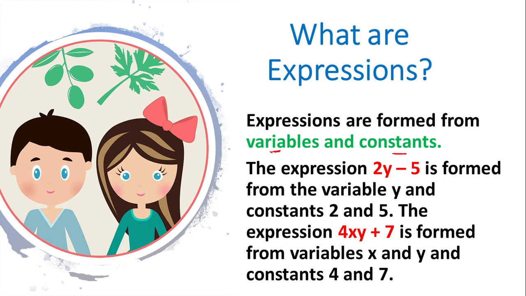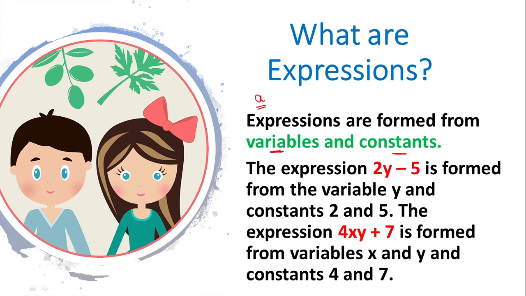Now what is a variable? Variable means which changes as per the situation. That is called a variable. Or in maths you can consider a variable is a thing whose value you don't know. Like suppose if you take an alphabet A, and if I ask you what is the value of A, can you tell it? No. So that is the thing. A variable is a thing whose value you don't know. So in simple words, constants are the numbers whose value is fixed, and variables are the alphabets which we are using in the expression. So those are called the variables.